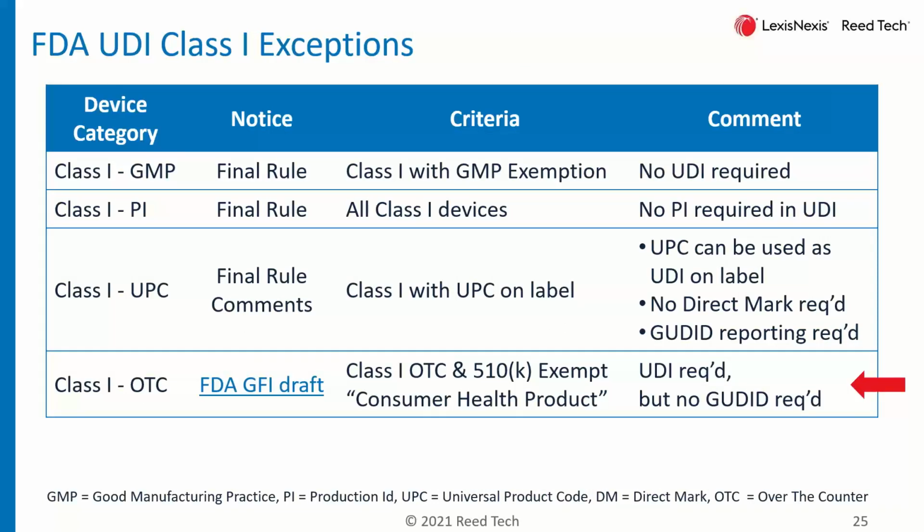So we've covered the first three, and we have one more very important device category to cover. And Gary wants to share a bit more on what we're calling the consumer health product designation. Gary? Yeah, let's dive into a little bit more detail on this particular draft guidance because it is talking about the submission of data to the GUDID. Before we open up the actual guidance and pull up some of the details, just to refresh,